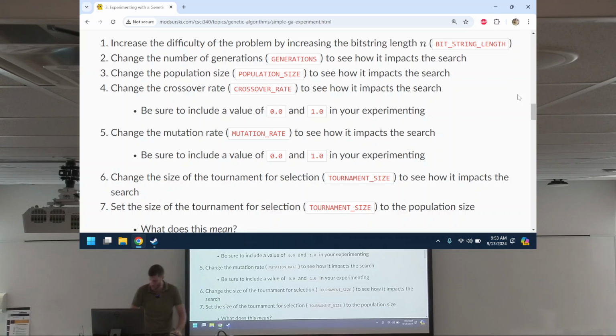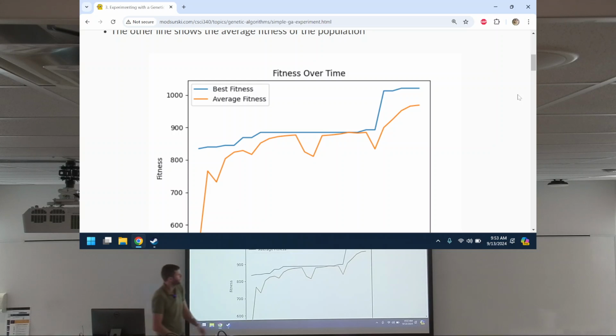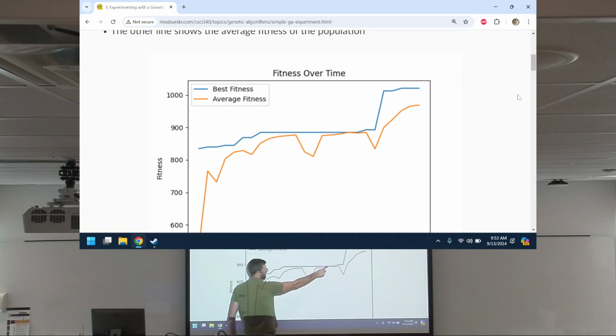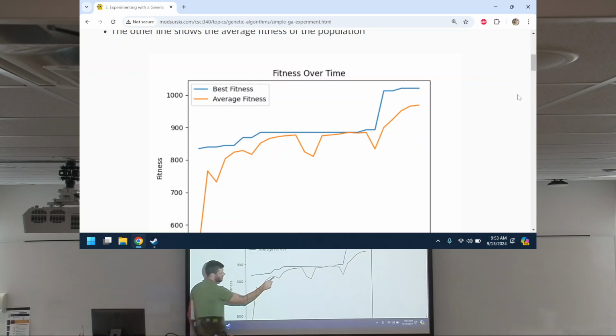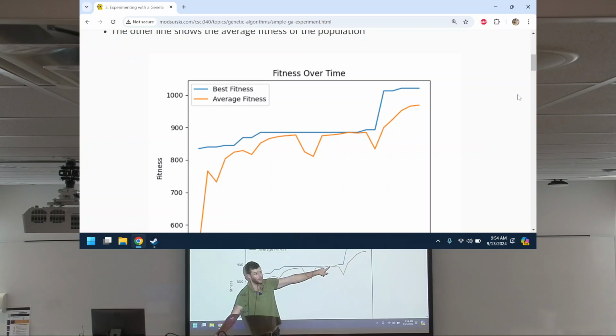Whenever we see a plot where, forget this part here, ignore this part. I could hit run a bunch of times to find the plot I want, but let's pretend this part doesn't exist. The best result is this, but we can see the average fitness of the population is starting to match the best, meaning that the population is converging. They're getting more and more similar. And in fact, there's a point where they really are all the same, I'm guessing. They look like they're touching. So the whole population is identical.